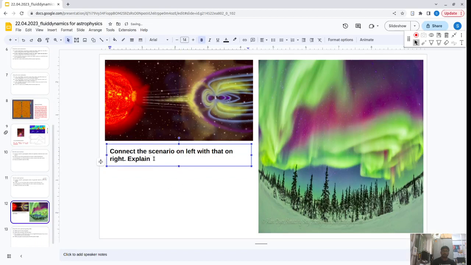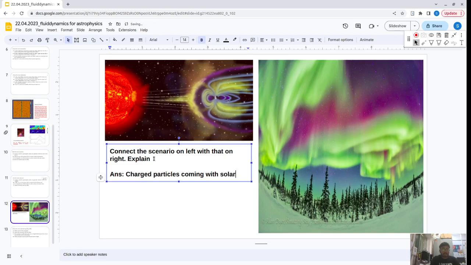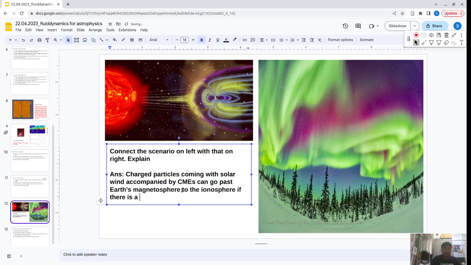So also, charged particles coming with solar wind can go past Earth's magnetosphere, from the magnetosphere to the ionosphere, if there is a possibility